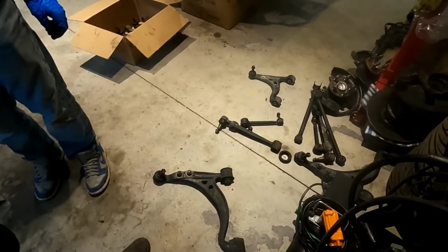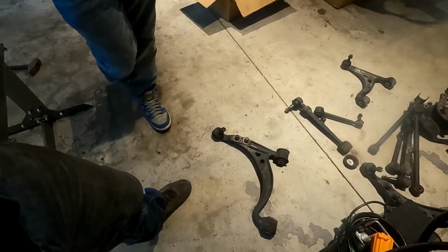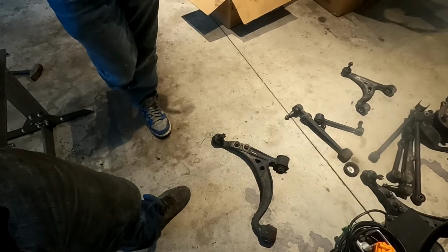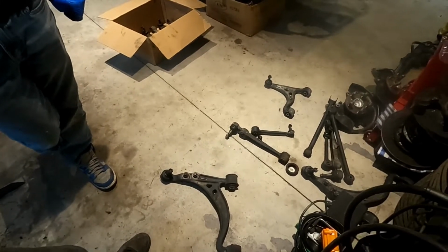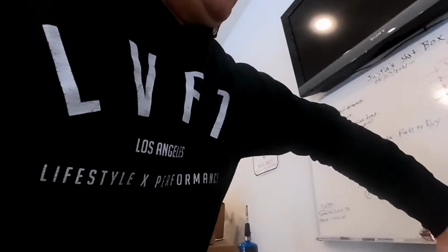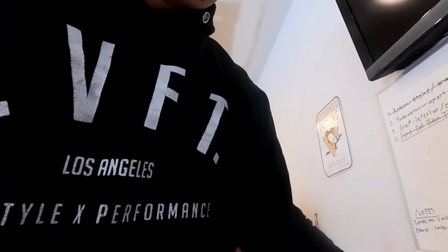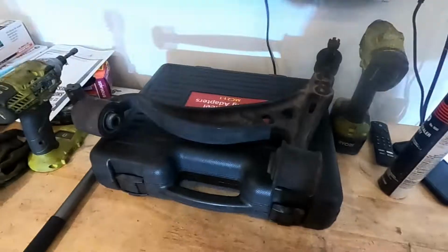These are the front lower, I believe. The rears are in that individual bar. All right, we're gonna figure these out and we'll get back to you guys. All right, guys, so we got it figured out. I'm gonna show you here on this control arm, because this is the last one you should have difficulty getting out. Okay, so this is the front